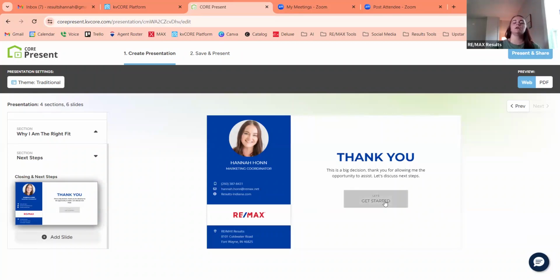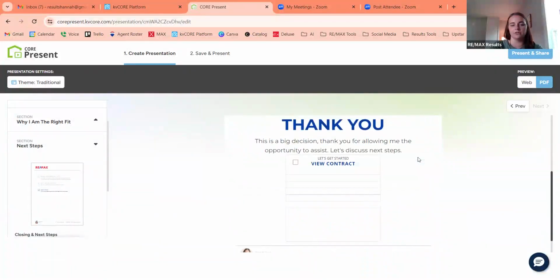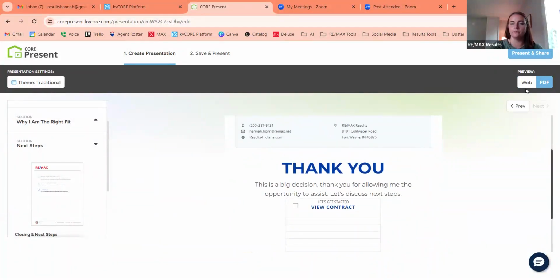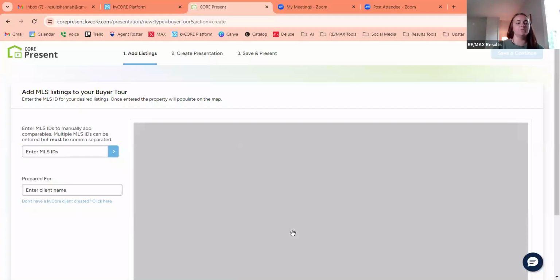So you can keep that for the electronic version for them to click get started, or the PDF version just has all of your contact info. So then again, it would be the same process, present and share, and then you can choose to either email it or download it. And then the buyer tour, this one you just enter the MLS ID,